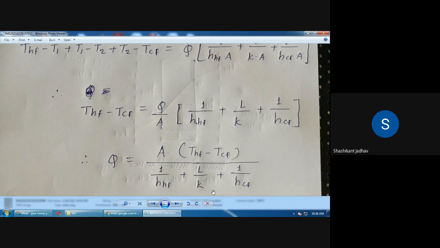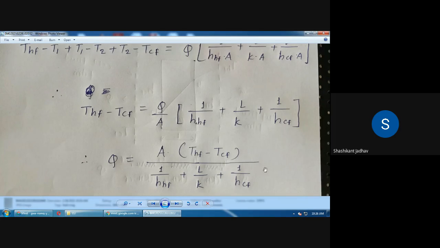म्हणजे इथं जो Q आहे हा heat transfer rate असणार आहे. Heat transmitted per unit area म्हणजे हा एरिया काय येणार आहे? लेफ्ट हँड साइडला येणार आहे. Per unit time. Okay, so we have to consider the heat transfer per unit time, and per unit temperature difference means Q by A, Q divided by A into THF minus TCF.